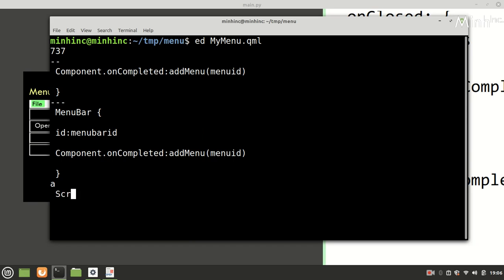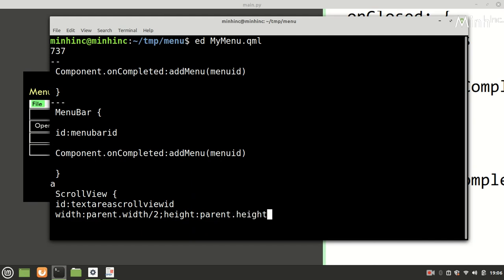We'll have a scroll view, and its ID would be text area scroll view ID, and focus width would be parent width by 2, height would be parent height by 2, anchors dot right would be parent dot right.